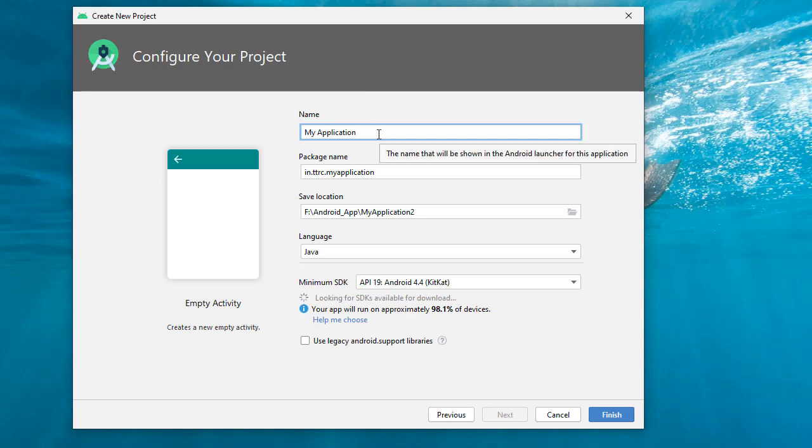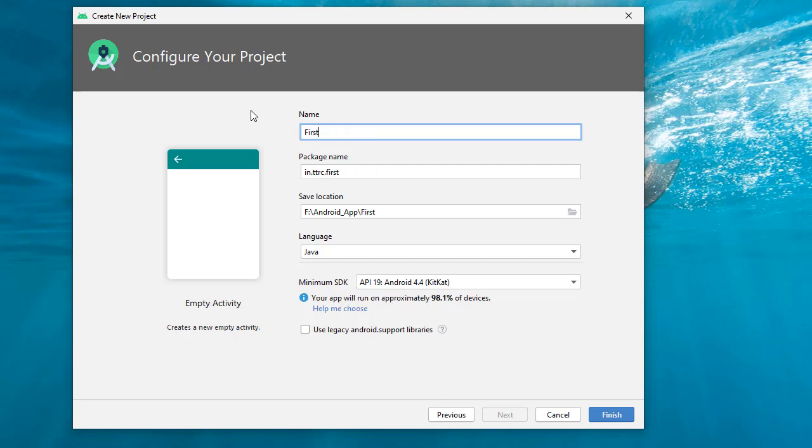Now it is asking the name of the application. So we will write first Android app. This is our first Android application. And here in package name, you can write any package name, but in my case, I am writing in.ttrc.firstAndroidApp.